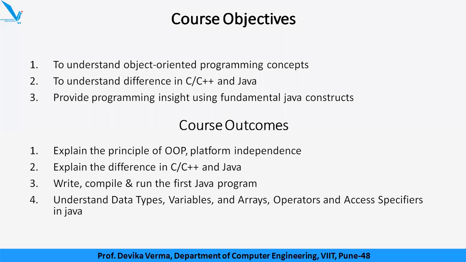Okay, and we are also going to get into some first basic program of Java. Okay, we are going to write a first Java program, and we are going to do it on some editor. And we will then understand the architecture of Java, why we call Java platform independent. And then we get into the first basic constructs of the Java programming language, that is data types, variables, arrays, operators, so that you can use them and implement